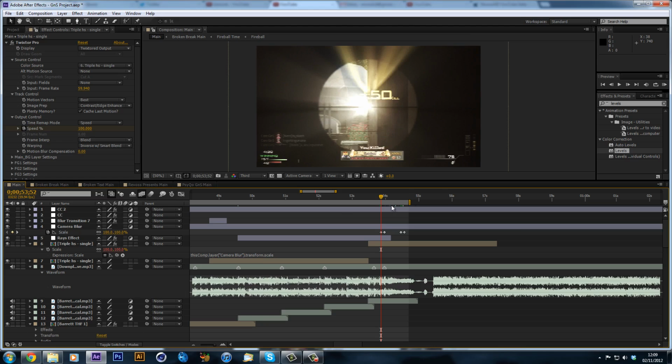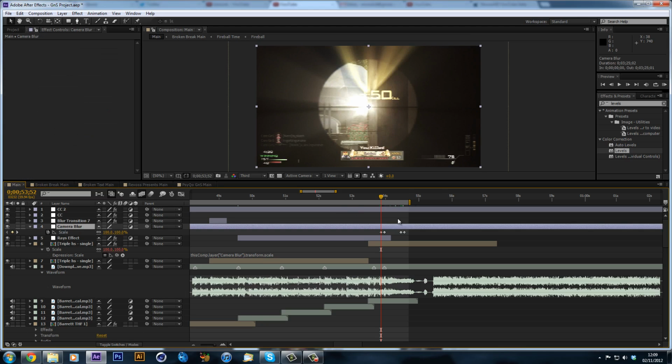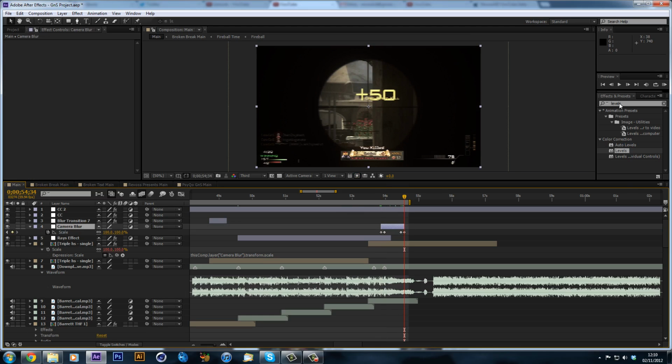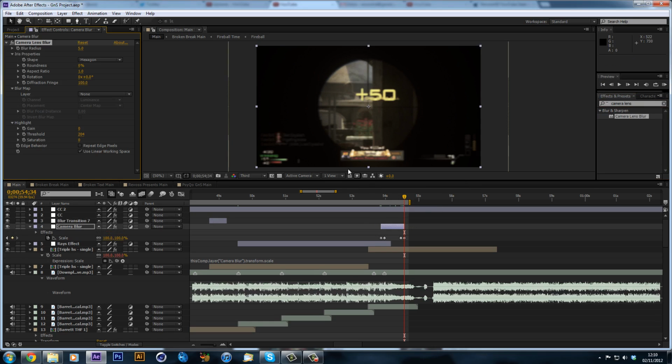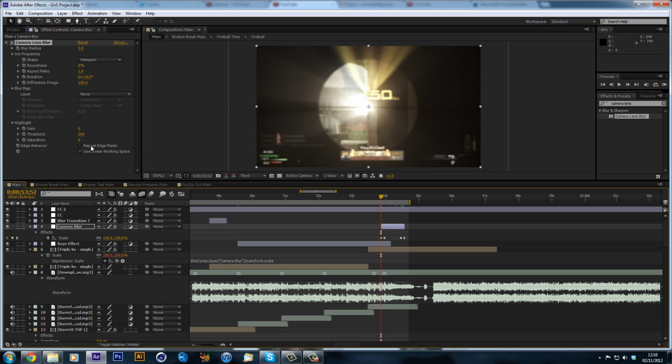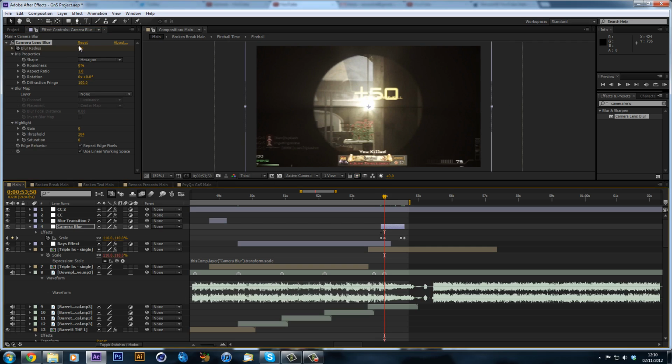Okay, I'm just going to trim down the adjustment layer again like so, and we can type in camera lens blur. I think it's just called lens blur in CS5, CS4. Put that on, and what we can then do, we've got the blur radius. I'm just going to repeat the edge pixels as well. We're going to keyframe the blur radius at the start at 0 and make it come all the way up to